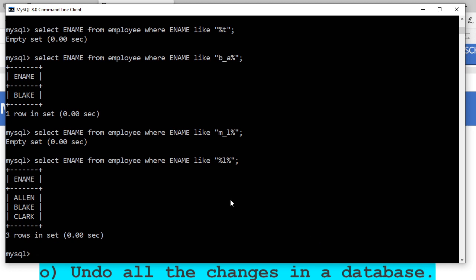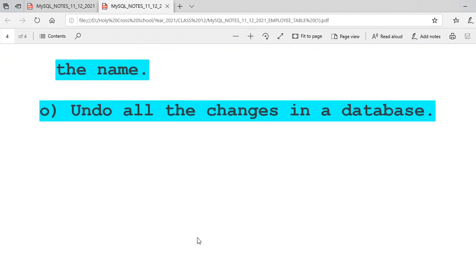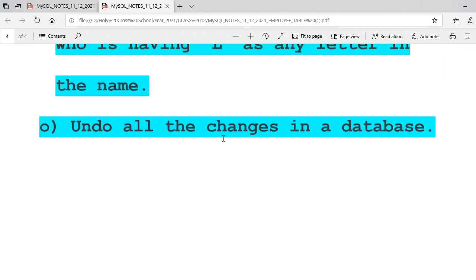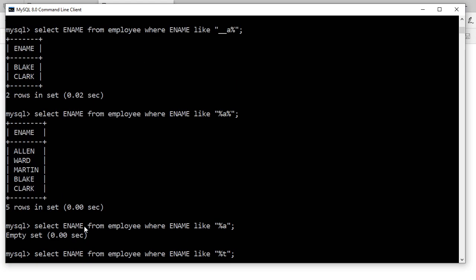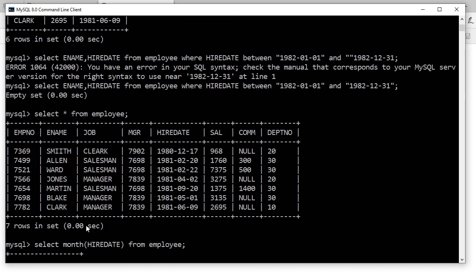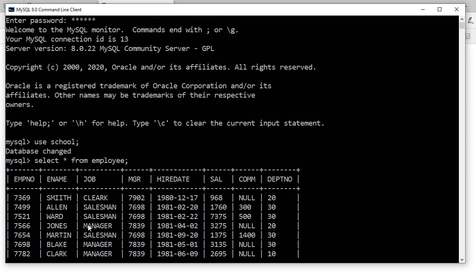Okay, what is the last one? Undo all the changes in the database. For that, what command is to be used? Rollback command. But since we have not created any start point here, we have not started. I should have written here start transaction.